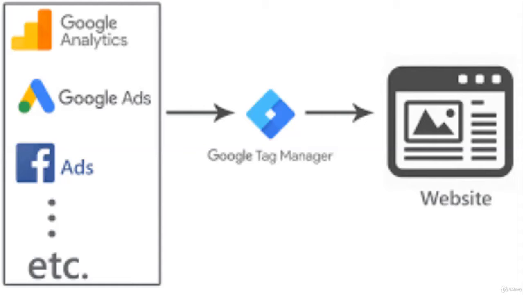In order to install all of these tags, if you're not using Google Tag Manager, you probably have to go to your developer again and again and ask them to hard code all of these tags onto your website. If you're using Google Tag Manager, you don't have to go to your developer. You just install one container tag onto your website, and all other tags, whether it is Google Analytics, Google Ads remarketing, Google Ads conversion tracking, Facebook pixel, Twitter pixel, HubSpot, Lead Forensics, Crazy Egg, Hotjar, AdRoll, or any other tag, you can install directly through Google Tag Manager.